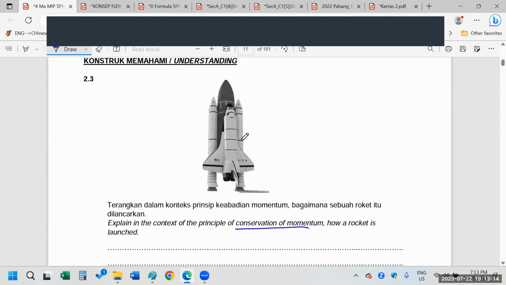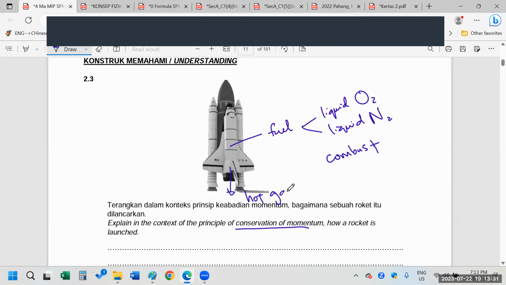Okay, normally for this one, we say inside got what fuel. Inside got liquid oxygen and liquid nitrogen, and they will combust. Combust means they burn. After they burn, they will release hot gas. This hot gas gets a downwards momentum. You must mention downwards momentum,